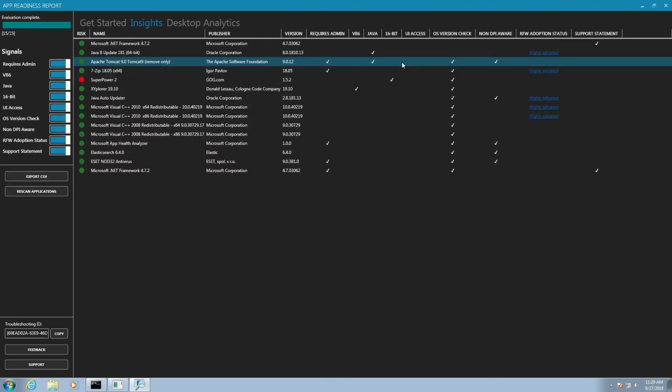You might be wondering how this tool actually interacts with desktop analytics. So what we do is once App Health Analyzer has finished analyzing all the applications, like you can see right now, the evaluation is complete over there. It will send data over to Microsoft, and we'll process that data along with the desktop analytics data that we have, and we'll come up with a risk assessment for all the applications that we see on that device. We'll show you the risk assessment in the desktop analytics service. Along with the risk assessment, we will also show you all the signals that were found for that particular application in the desktop analytics UI.